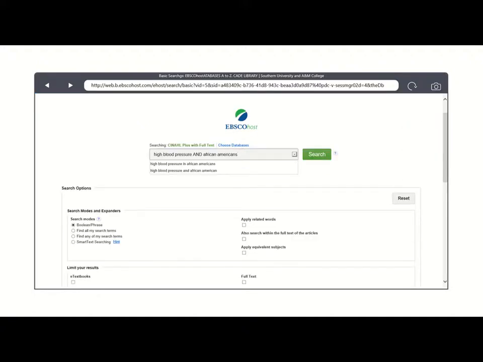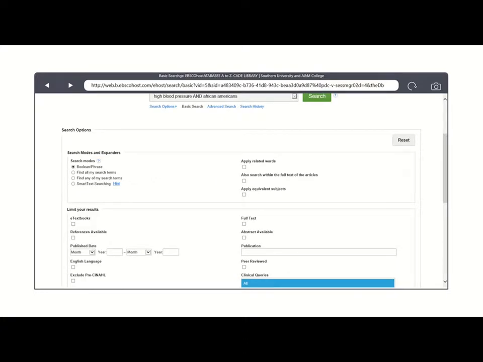So now that we have high blood pressure and African Americans, we use the Boolean operator and to connect both of those keywords together. This is a basic search. We have our search options listed. You'll have the search mode and expanders. It's set at the default at the Boolean and phrase searching, but certainly you can use the other modes that are mentioned, such as find all of my search terms, find any of my search terms, smart text searching, and